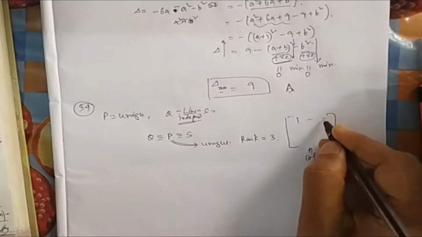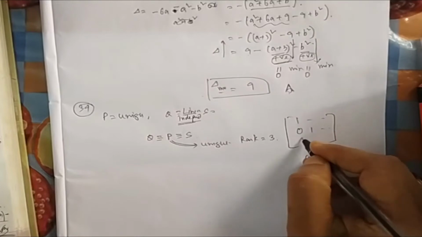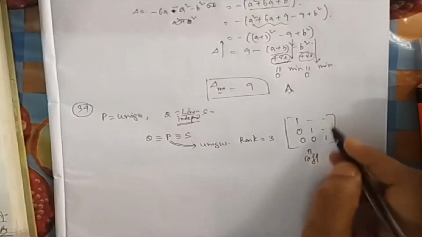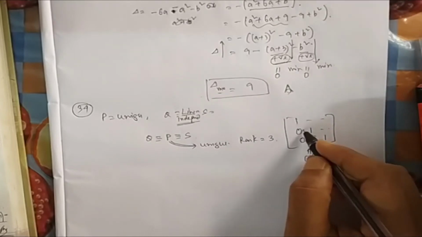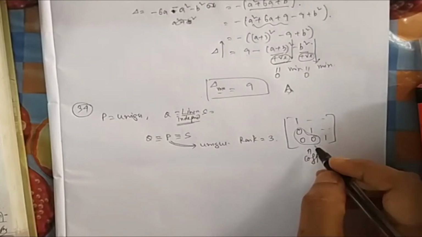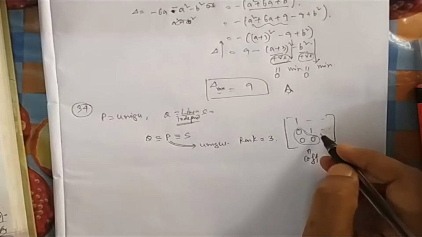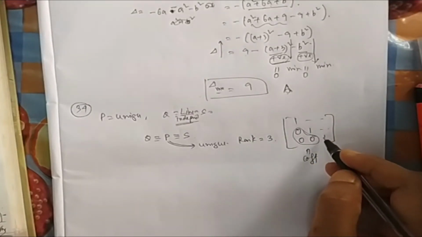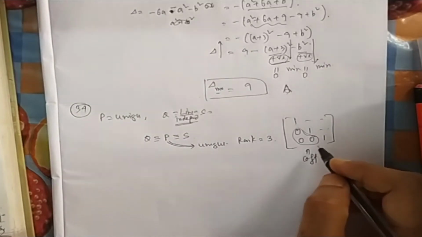So it will be something of this fashion: 0, 1, 0, 0, 1. Once it becomes this, what is the determinant of this one? Because it is a lower triangular matrix, the determinant is obviously not 0. That is 1, 1, 1. I am writing just 1 hypothetically, it may be other. So the determinant is not equal to 0.